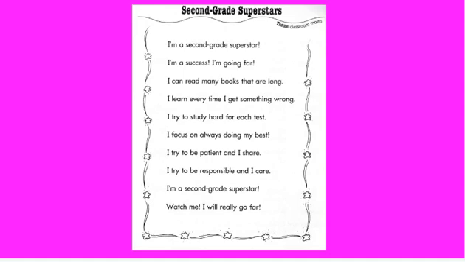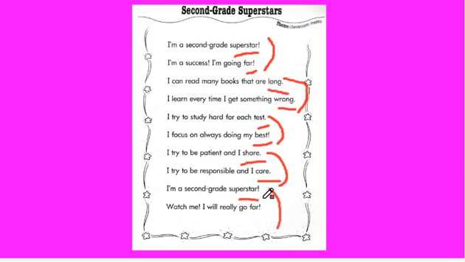Notice how the author used rhyming words in this poem, and his rhyming words are always at the end of each sentence. He took two sentences, and the last word in each sentence rhyme. And then you have your next set of two sentences, and we have long and wrong. The next two, and we have test and best. The next stanza, we have share and care. And the last one, we have superstar and far.